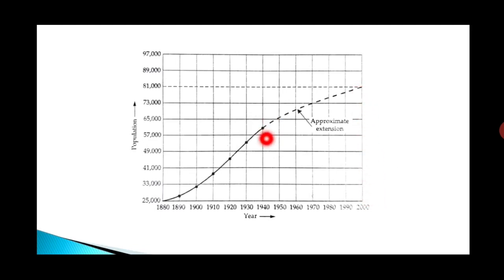So we will smoothly extend this curve up to the year 2000, and then we will draw a horizontal line which will meet the population axis, and it will give us the approximate population of the year 2000. This method will give an approximate result as the extension of the curve is done by the intelligence of the designer. So this is all about the simple graphical method.